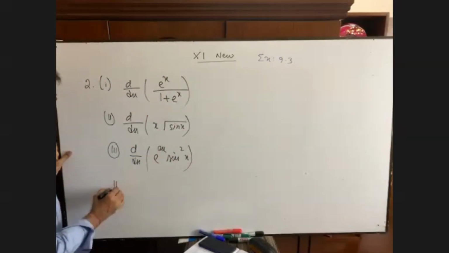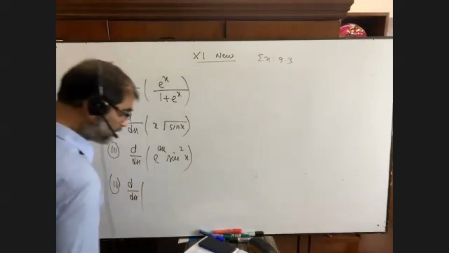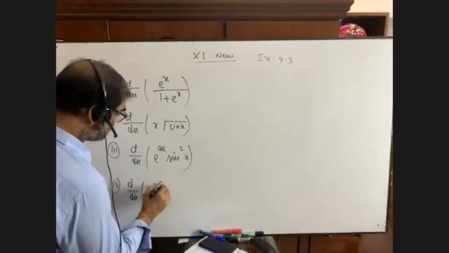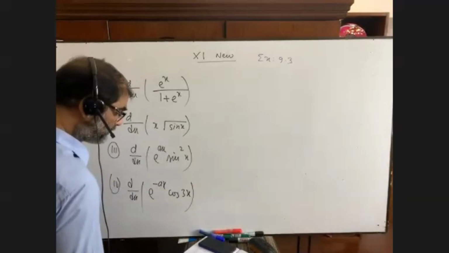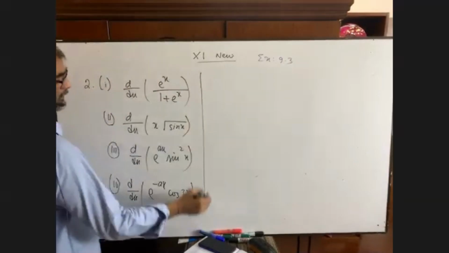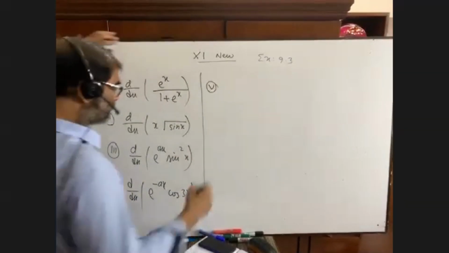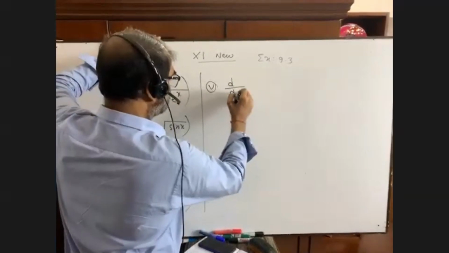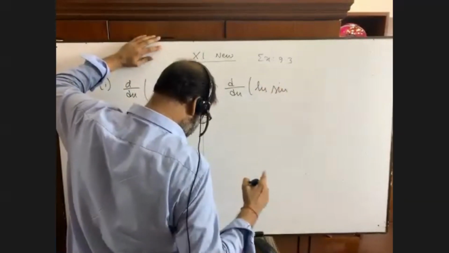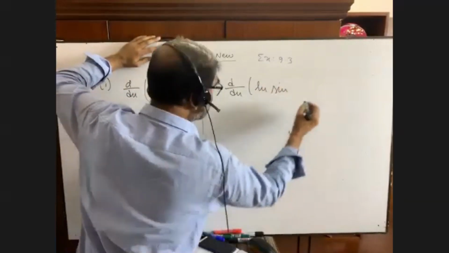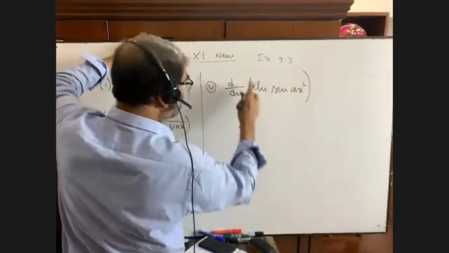Question number 4, d by dx of e to the power minus x cosine 3x. Then number 5, ln sin a x square, d by dx of ln sin a x square. What is ln, it is